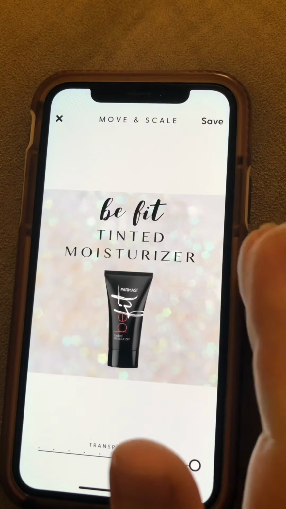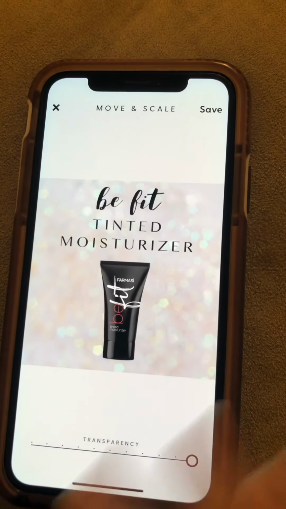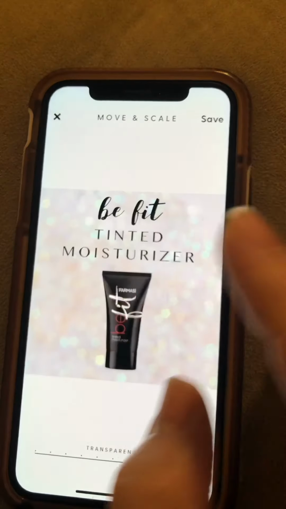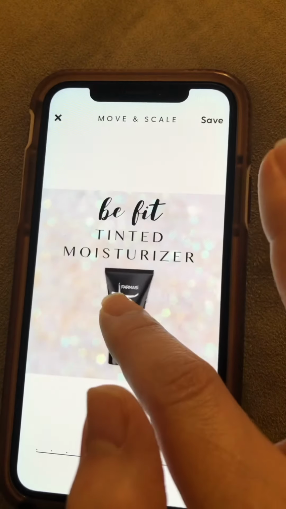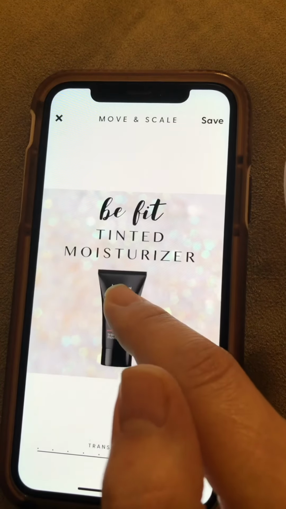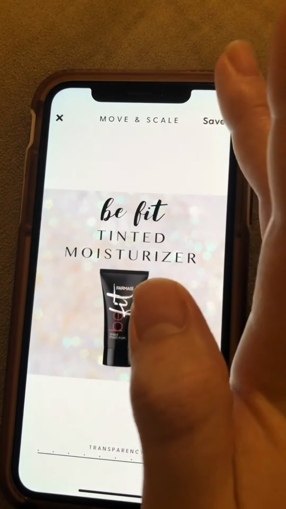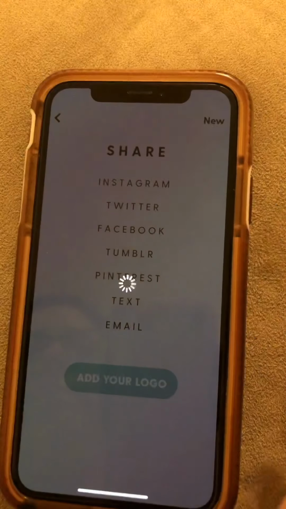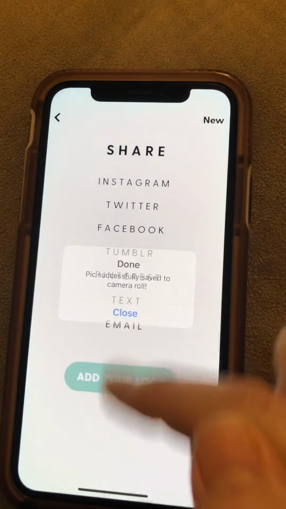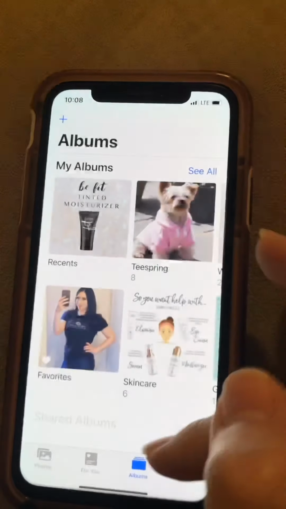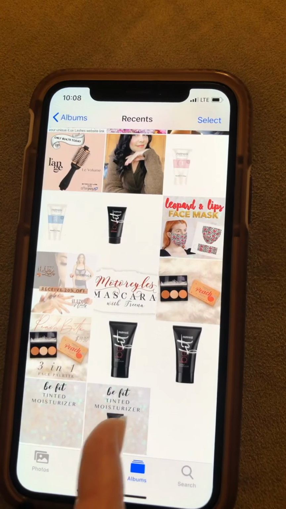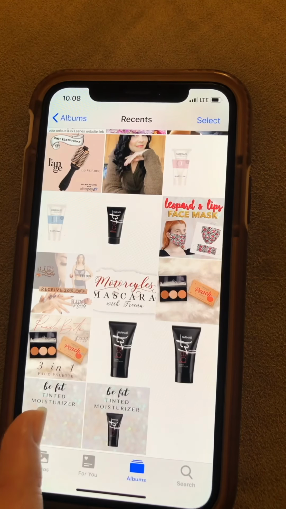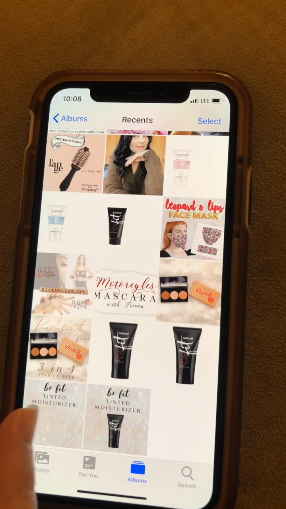Okay, this is just an example. I'm not going to use this graphic. I actually do need to make a graphic with this foundation, but I'm going to put some more information on the side here, which I'm not going to do right now. So this is just an example. Then you save that. Let's say I want to keep that there. You save it and go to your camera roll. As you can see, to get this image, it saved this to our camera roll, which I really don't like because I have to go back and delete it because I'm not going to use that. But anyways,